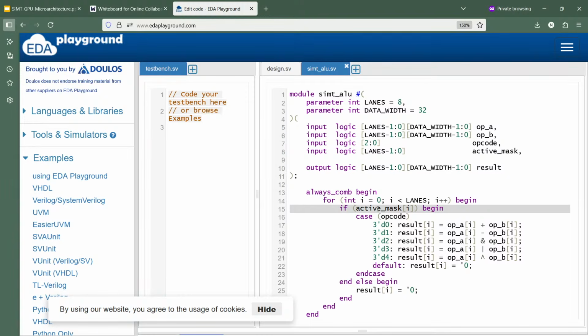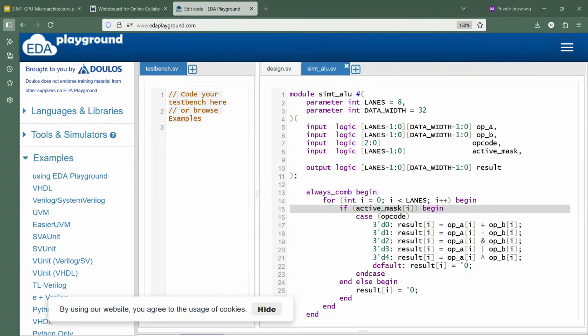This is the code for the SIMT LU. Any questions from you guys? If you do not have any questions,